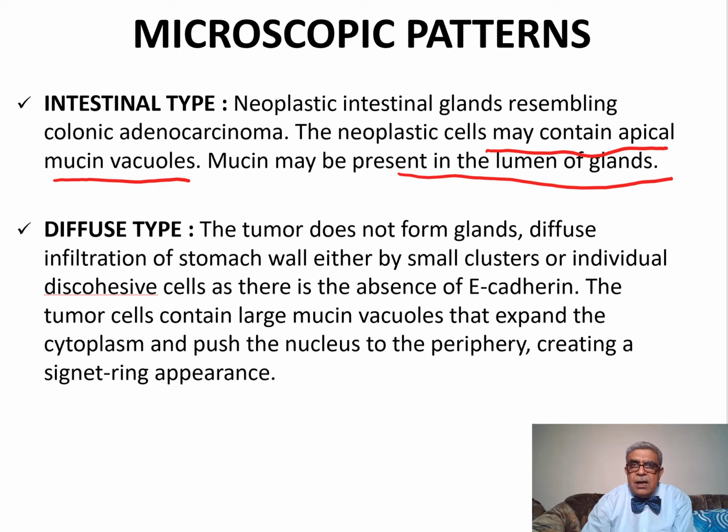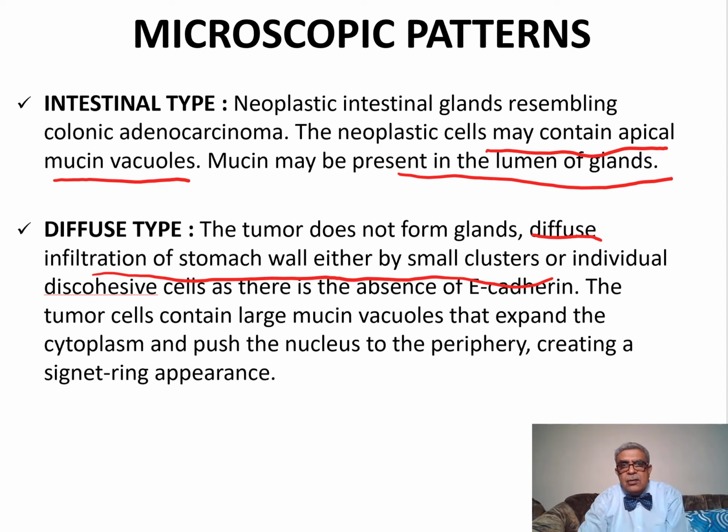Now, diffuse type: in this pattern, the tumor does not form glands. There is diffuse infiltration of the stomach wall either by small clusters or individual discohesive cells because of the absence of E-cadherin. The tumor cells contain large mucin vacuoles that expand the cytoplasm and push the nucleus towards the periphery, creating a